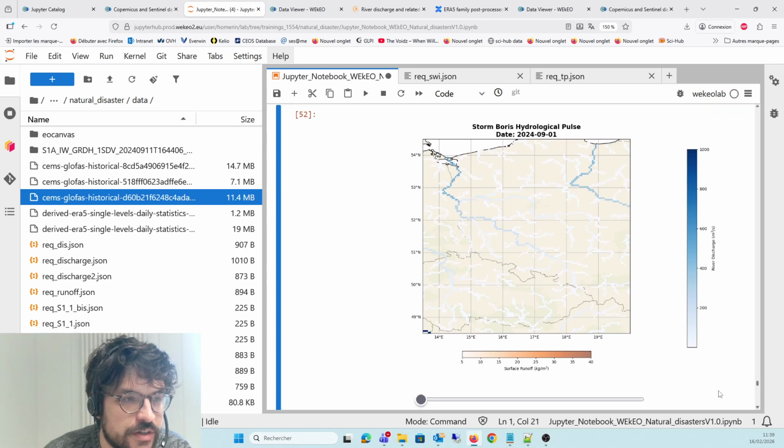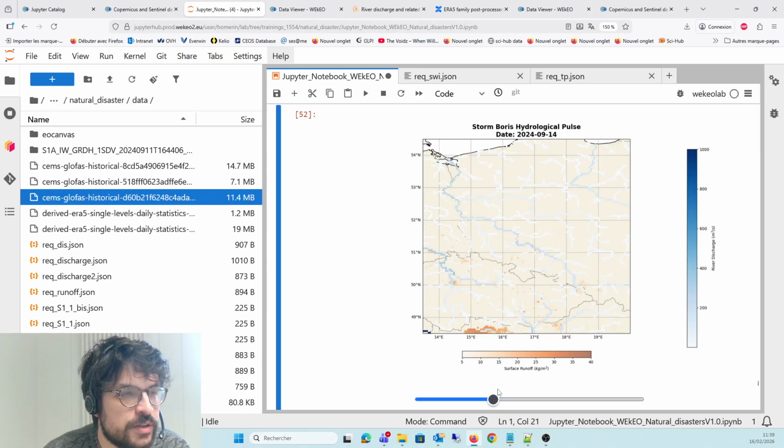Perfect. We can see that from the first days of September we have nothing much happening. We have very light orange tones, which make for a very negligible surface runoff. But on the 14th of September, we can see some stronger runoff happening near the mountain range in the south of Czechia.